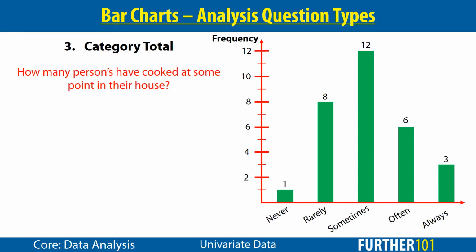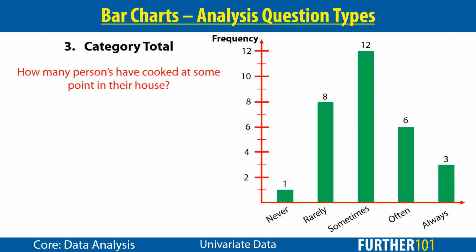Category total questions ask us to provide the total count for the entire categorical variable, although this typically only occurs when the y-axis frequency type is a count. This can be calculated from the frequency table or by adding up the bars on a frequency bar chart, not a percentage chart. Again, we already calculated this in the previous question type, so I've thrown a little twist into